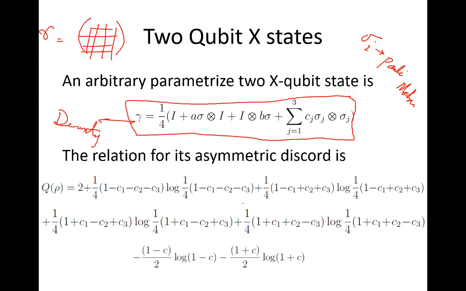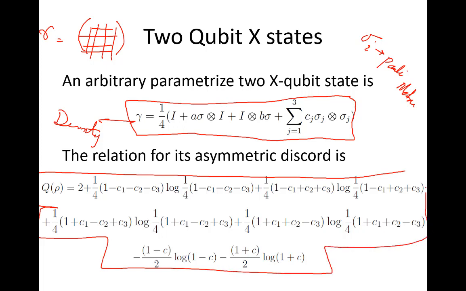Okay, so if you calculate its discord, then you will get the general formula for this discord. This is the general formula for discord, and the detailed calculation of this discord is written in my thesis. So if you have a 2-qubit bipartite density matrix, and if that density matrix has an X structured form, what is the X structured form? This is a class of density matrix in which the elements only exist on the diagonal and off-diagonal line. Okay, otherwise all of these are zeros. Here all the entries in the matrix are 0.